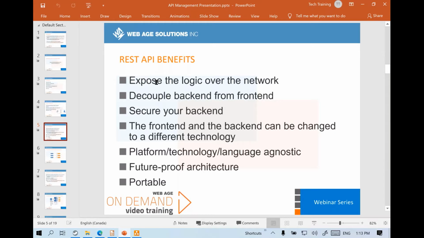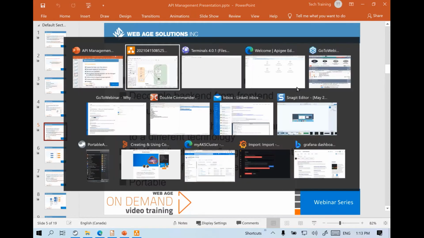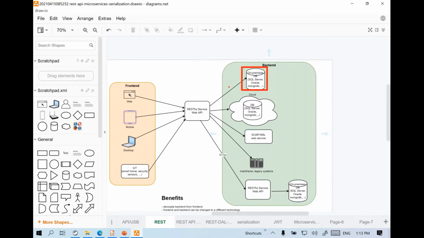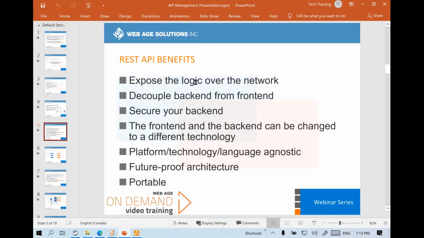you'll get these benefits. You're able to expose the logic over the network. So whatever your backend is, like your database server in this case, you're able to expose the logic over the internet or the network. So any application available anywhere will be able to connect to that particular REST API. And sure, you'll want to implement security as well, so that only authorized developers and applications can call these APIs. So this is one of the benefits you get with APIs. You're able to expose any type of logic, any type of backend functionality over the network.